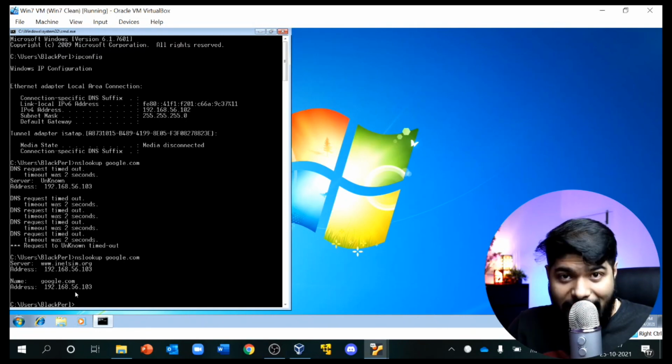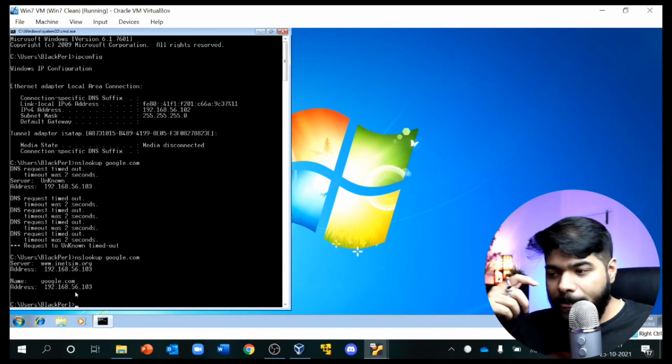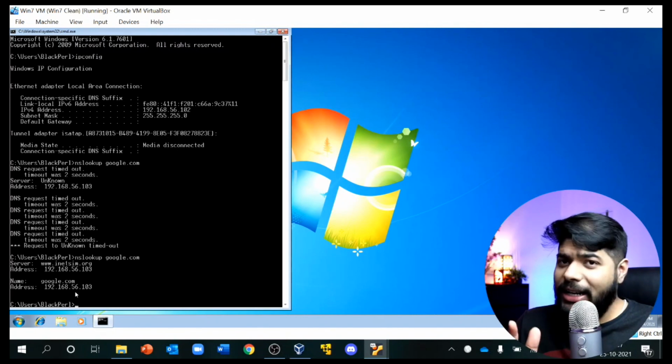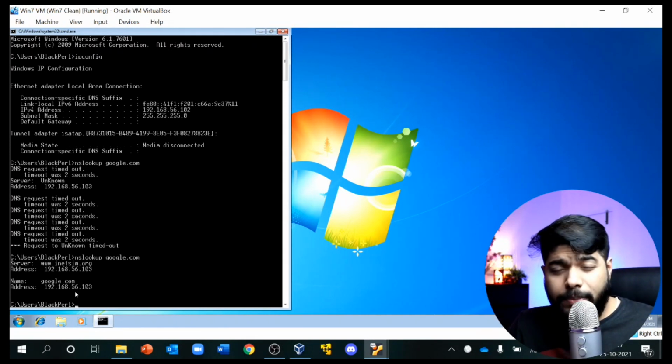So by faking the DNS service and whatever other service InetSim is offering you, you can fake all of them, and you can tell the malware that, hey, I am not cutting off anything, you execute it. We are just fooling the malware that, okay, I have the internet connection and it is not a virtual machine. But there are other steps also that the attacker performs to check whether it's a virtual machine or not.